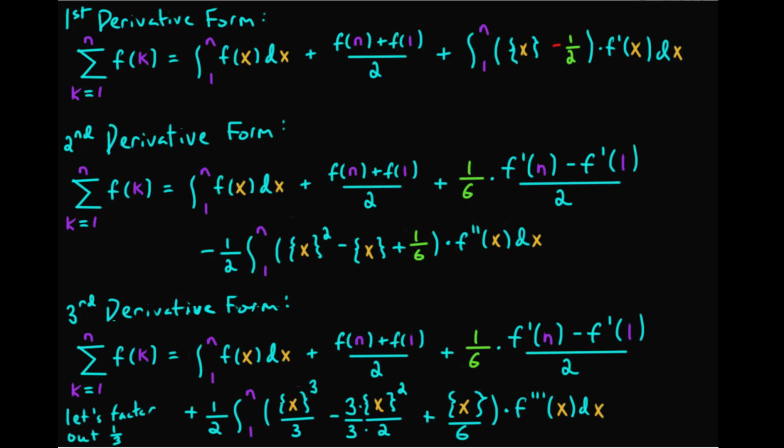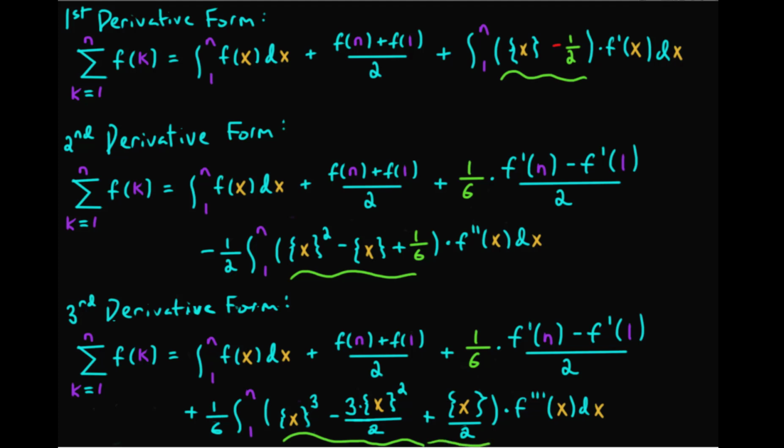And then when I do that, I get that the integral equals plus 1/6 times the integral from 1 to n of the fractional part of x cubed minus 3 times the fractional part of x squared over 2 plus the fractional part of x over 2, close parenthesis, times f triple prime of x dx. And now, having written out the first few forms of the Euler-Maclaurin summation formula with remainder term, we might notice